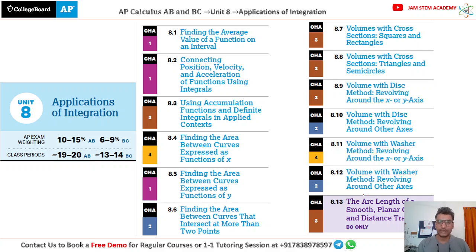So that is it for this part, and we will continue with the next topic in the next session. Today we started with the average value of a function and found that it is given by 1 over b minus a, the difference in the x values, times the integral from a to b of f of x dx. And then we saw how position, velocity, acceleration and distance are related to each other with respect to integrals and differentials. After that we calculated the arc length